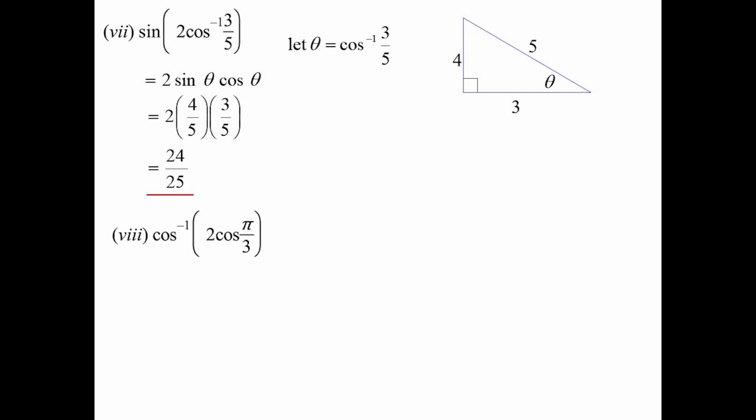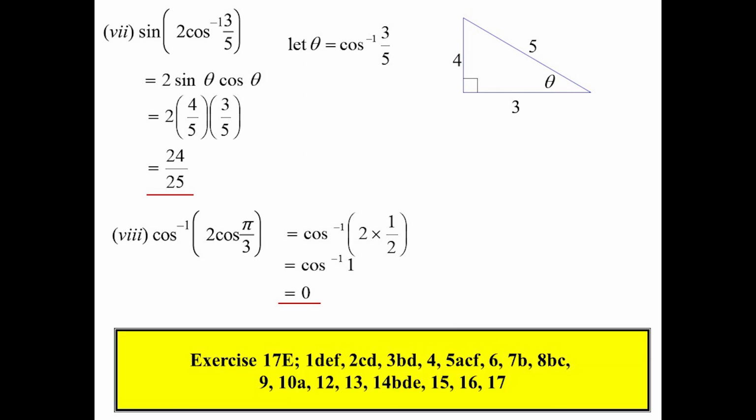The inverse cos of 2 cos pi on 3. Well, in this one, cos pi on 3 is one of our exact ratios. So cos of 60, isn't it? So cos of 60 is a half. 2 times a half is 1. So we're just saying, what's the inverse cos of 1? 0. Okay. So 17e we shall look at